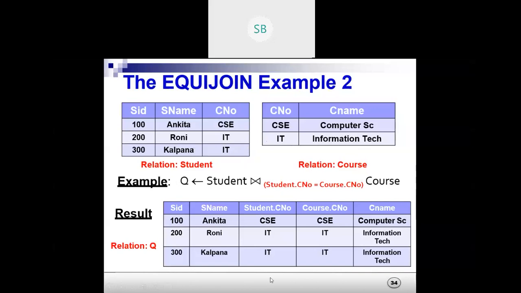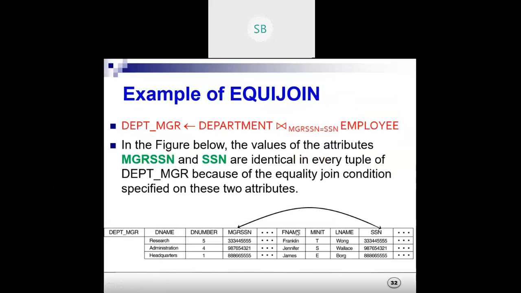Let me give an example from here also. Here you see a department table and an employee table. The two tables have been joined based on manager SSN and SSN. Wherever the values are the same, only then can we go for equijoin.